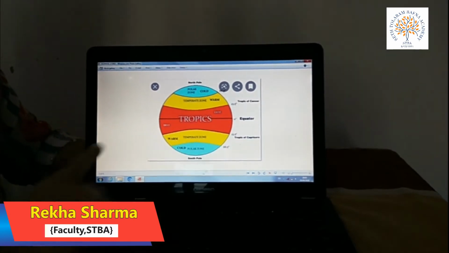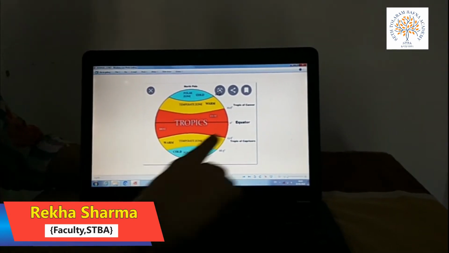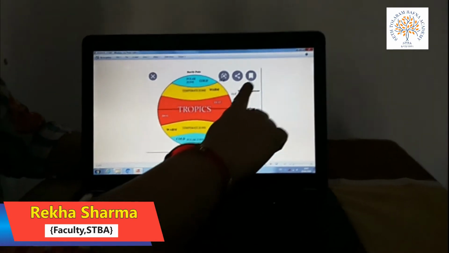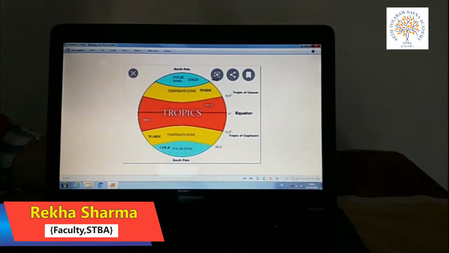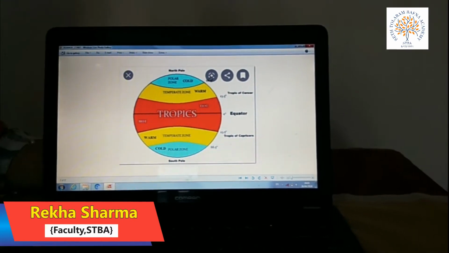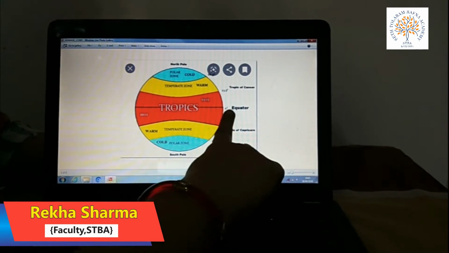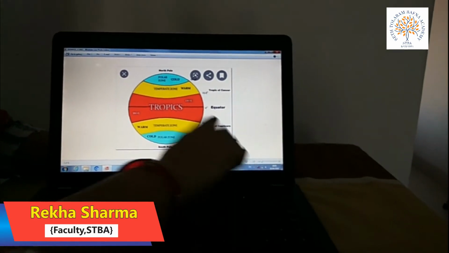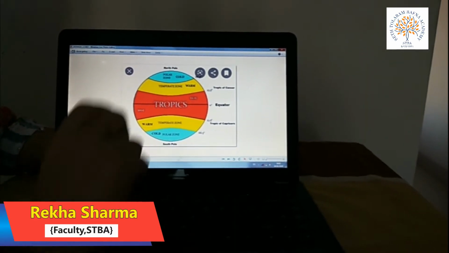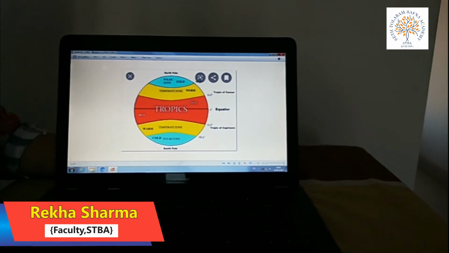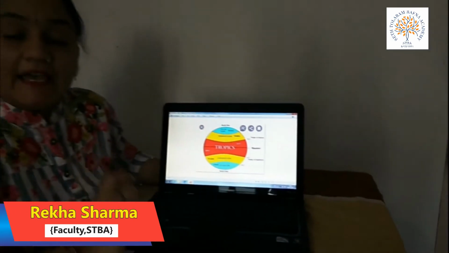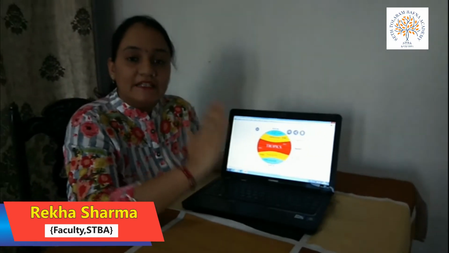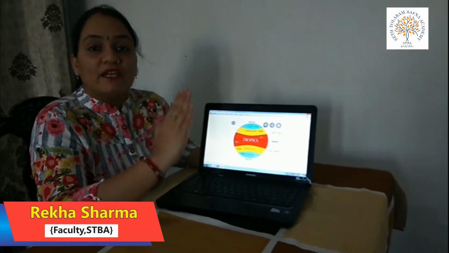The red color in this picture is the zone that lies near the equator, from 0 degree to 23.5 degree north, the Tropic of Cancer, that lies in the northern hemisphere. The same region lies in the southern hemisphere also, from 0 degree to 23.5 degree south. That line is the Tropic of Capricorn. This zone is very hot because it gets the direct sunlight of the sun. So the direct rays of the sun heat the earth and it becomes very hot.